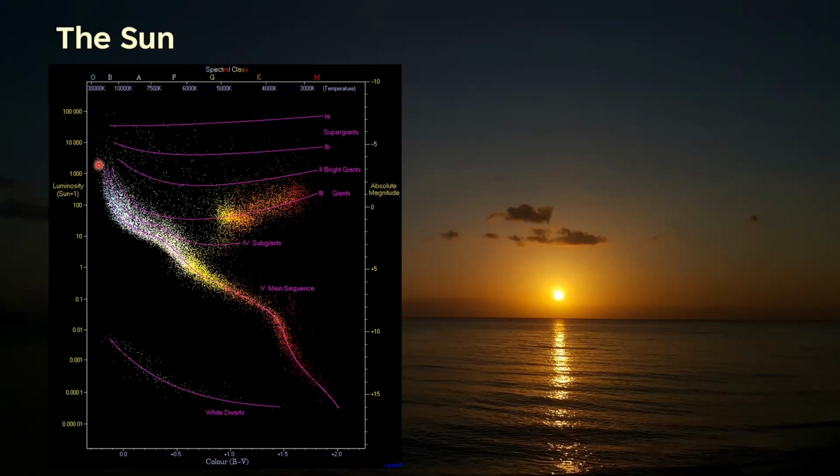For example, the sun is a main sequence star. The sun is found in one of these dots in this main sequence. So that's group 5. In fact, the sun is a G2V type star. So what does it mean? It means that it belongs to the main sequence, which is group 5, and then the spectral class is G2. Okay, so M, K, G. So where is it here?